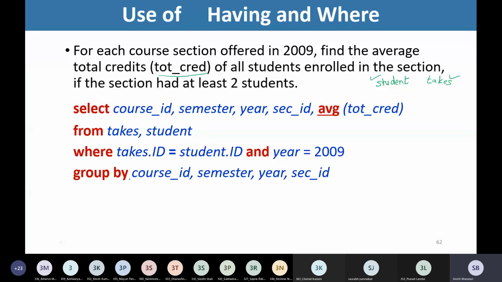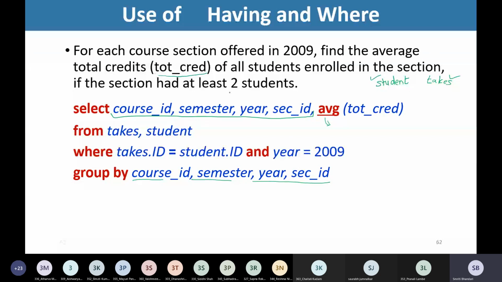So we need to group the data according to all these attributes. Please look at this. All these attributes are outside my aggregate function average. Whichever attributes are outside the aggregate function, all of those I need to use in my group by,